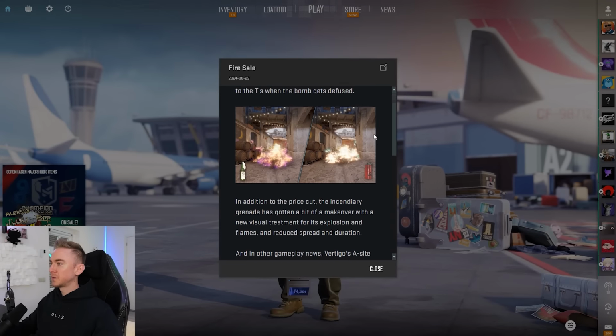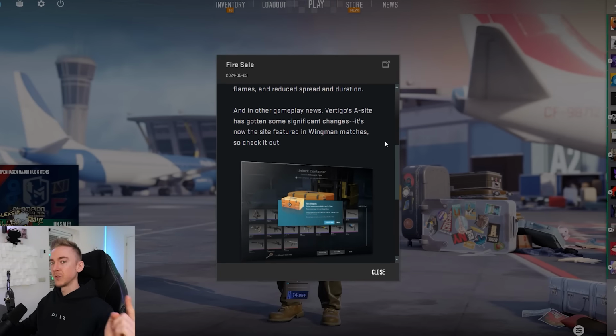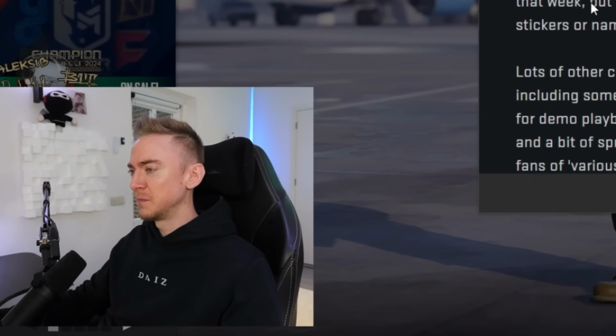We've also had a bunch of very interesting updates. I'm sure I'll be a little bit late on these updates considering when the video is actually coming out, but you can actually rent skins now in the Kilowatt collection, which is absolutely bizarre. But I'm sure a lot of you have seen a bunch of stuff on that already, so let's stick to